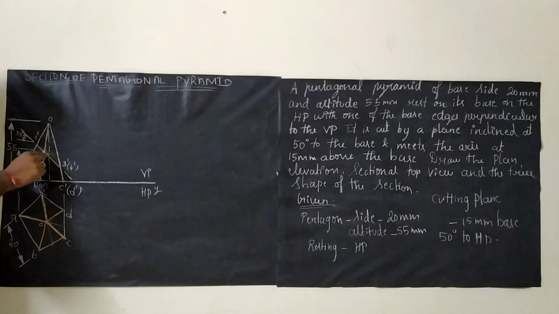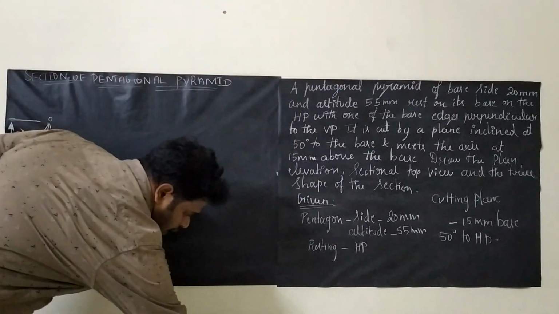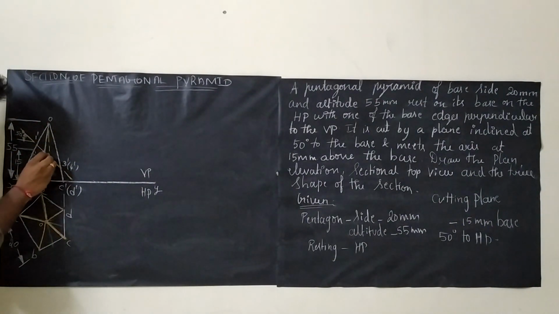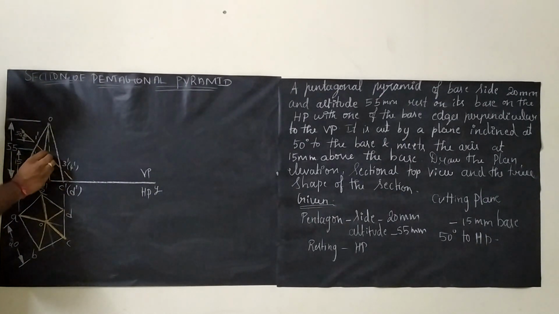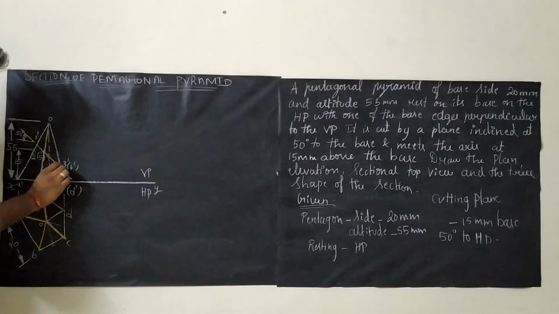Just place your protractor and make an angle of 50 degrees. For 50 degrees you have to draw a line. So this is the point. You have to keep a point here, place your protractor, take 50 degrees and then draw a line like this. When you draw the line for 50 degrees, you will be drawing it frontward, and if you reverse it, it will come here.